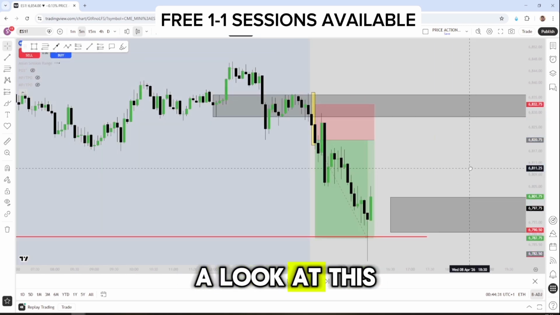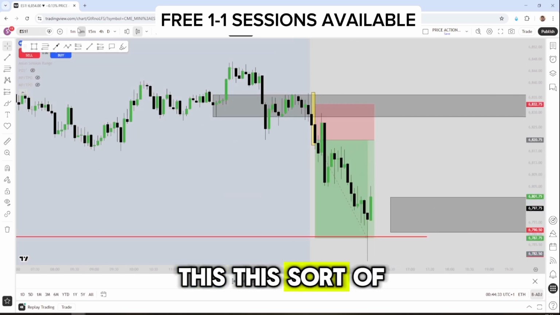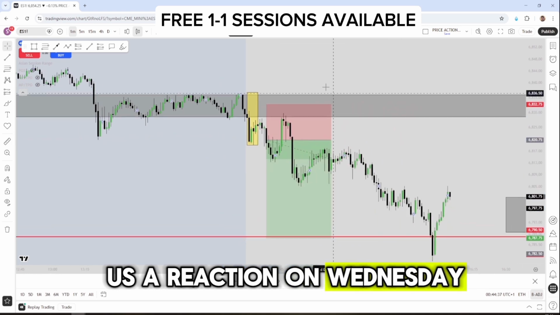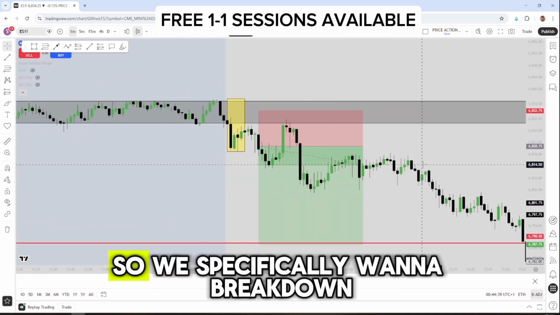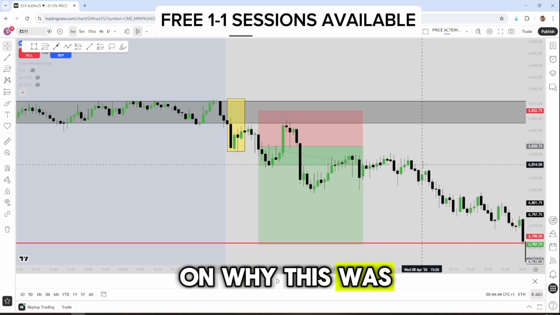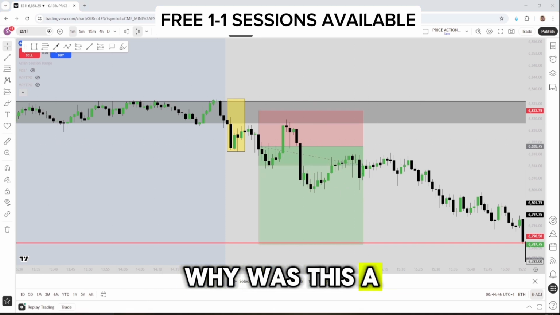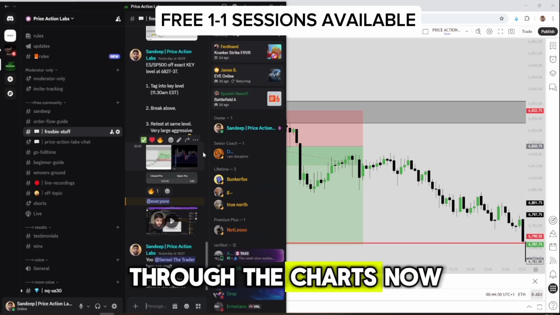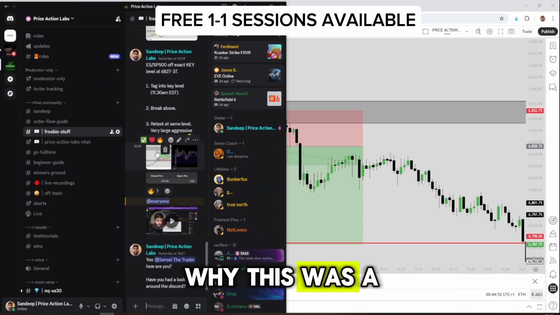So if we just take a look at this trade, right? This level here gave us a reaction on Wednesday. So it gave us this kind of reaction over here. We specifically want to break down and focus on why this was a supply zone, right? Why was this a supply zone, right? Using the TRAP framework. So let's just go to the charts now and analyze why this was a